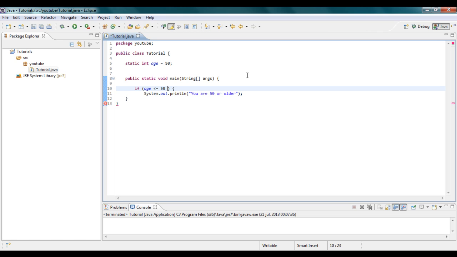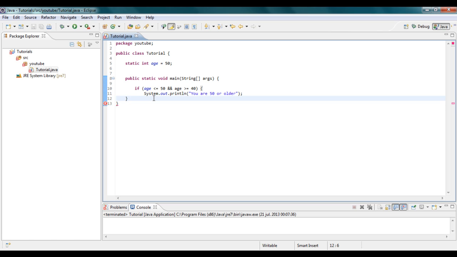So what you do is you use those, I don't know what they're called, two signs, and then you enter this next statement. So if your age is equal or greater than 40,